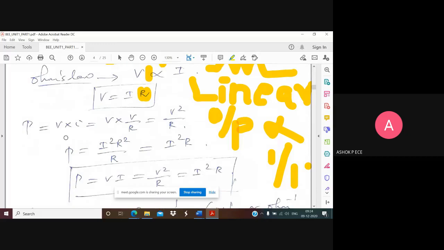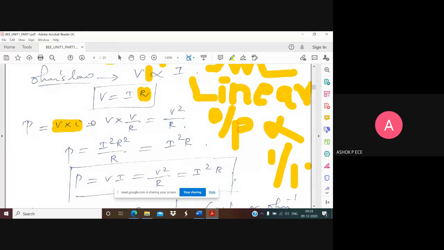The resistor is an element which dissipates power, not stores it. A resistor dissipates power in the form of heat, and that heat is transferred into the environment. If you touch the resistor after current has been flowing, it will be very hot because it dissipates some power in the form of heat. The power dissipation formula is P is equal to V into I. Multiply the voltage across the resistor and the current flowing through it, and you get the power.